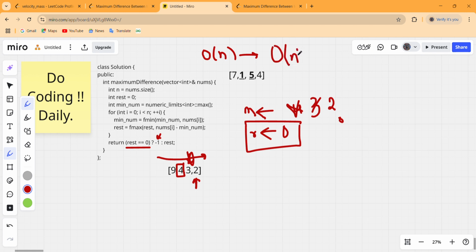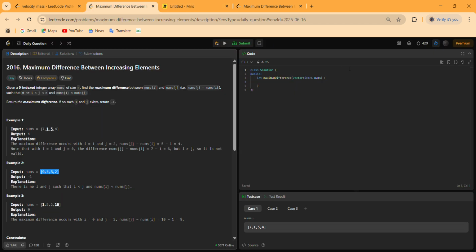Although a big O of n square solution is more feasible and easy for beginners, thinking of a big O of n solution is really easy in this code, and I hope you all understand this concept. So now let us code this and check if it is running fine or not.